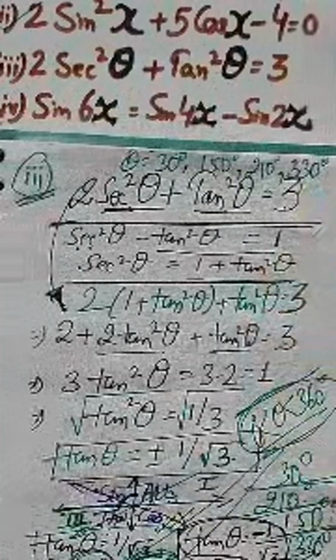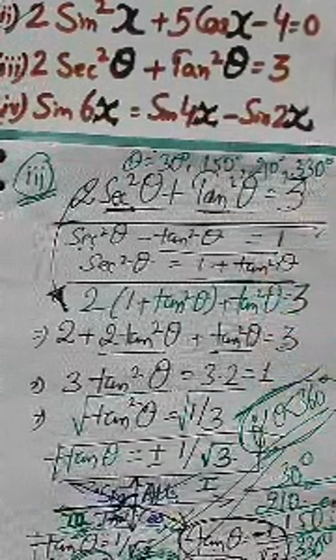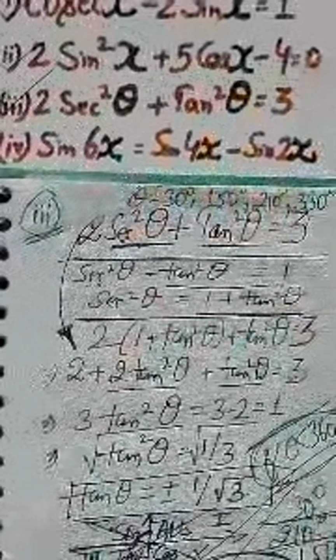I hope you understand it, so students, right? So in this way we have solved the third question. Now this is the time for the fourth question, that is sin 6x equal to sin 4x minus